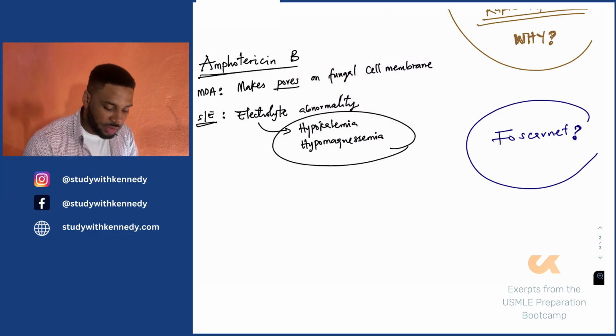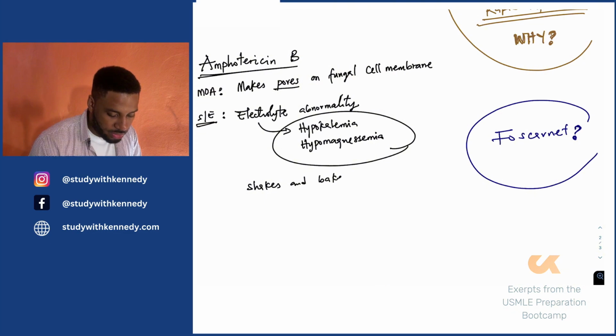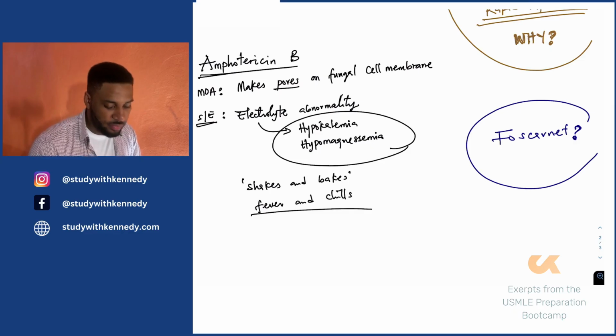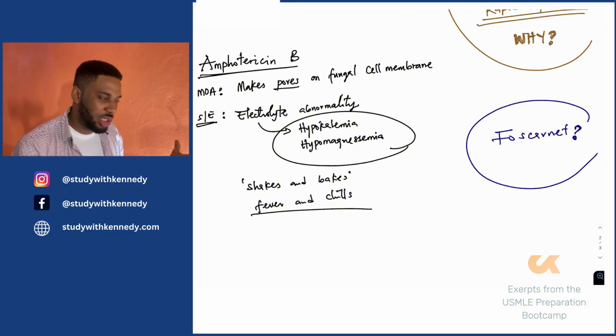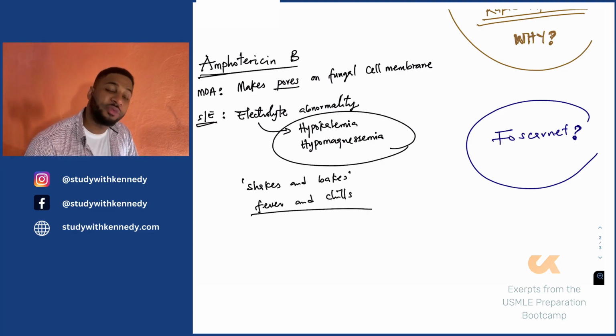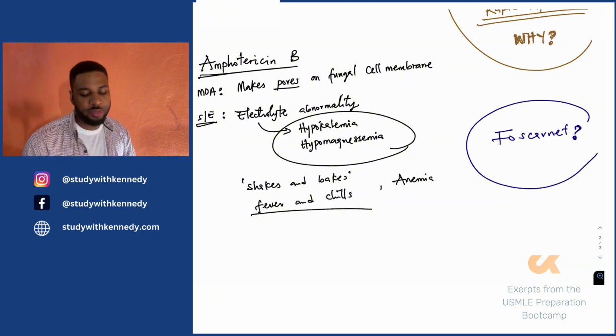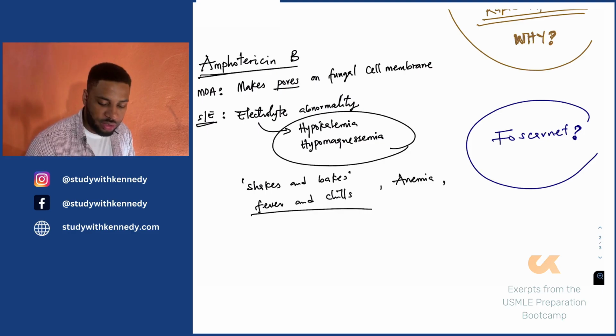The other side effects of amphotericin B will be shakes and bakes. That's what it's called. Basically, fever and chills, which we describe as shakes and bakes. There are a lot of things that could happen in people taking amphotericin B. Anemia would be one of them. You need to give these patients a lot of fluid to try to mitigate the toxicity of amphotericin B, okay? They cause anemia, they cause nephrotoxicity,